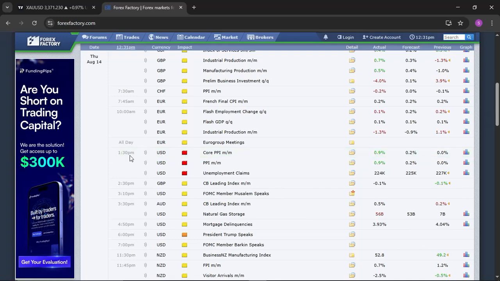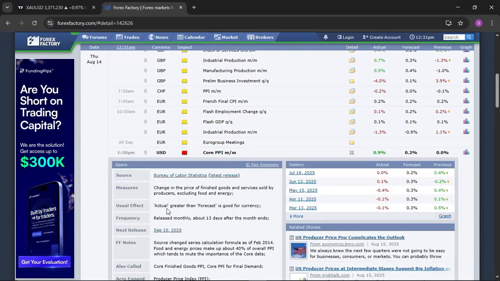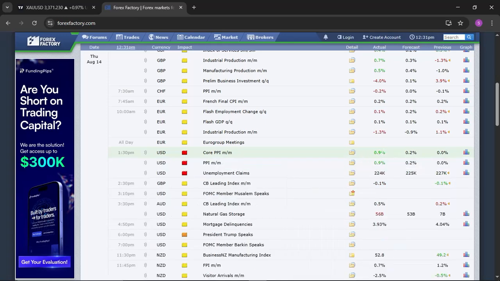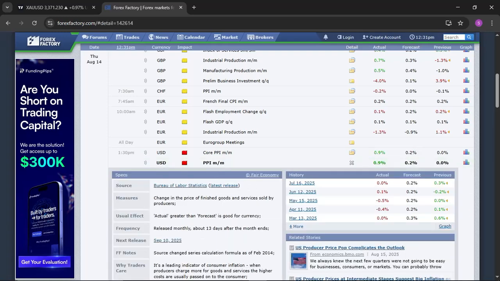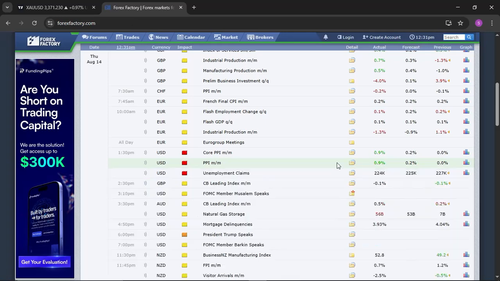Now, the last news that came out was green, and the effect says actual greater than forecast is good for currency. Now, once I see this green, I'm just going to sell gold. And this second one also, the usual effect is actual greater than forecast is good for currency. So that means these two news come out positive. That means I'm going to sell gold,